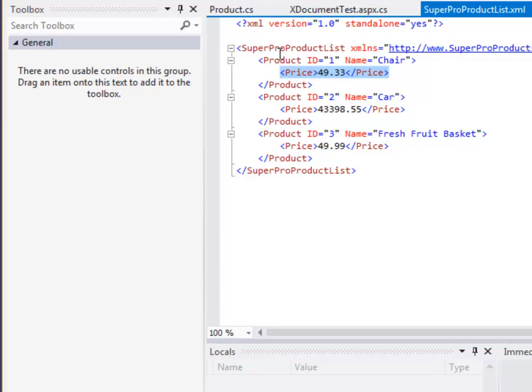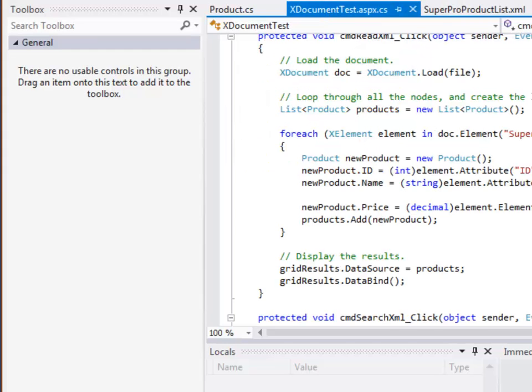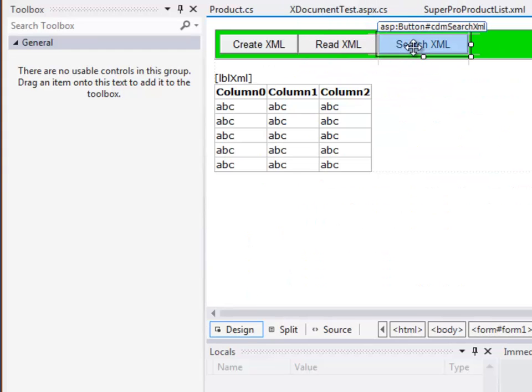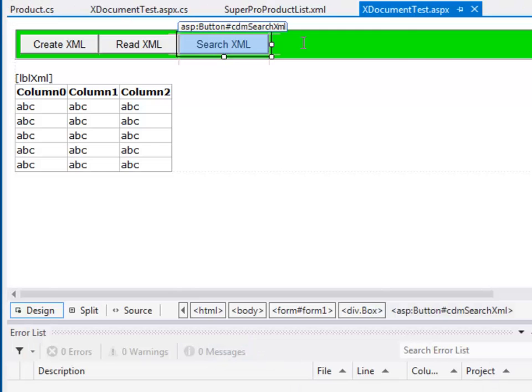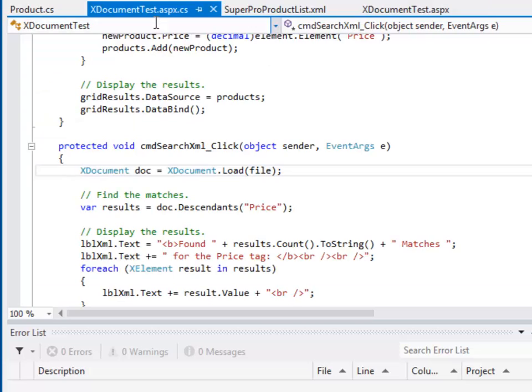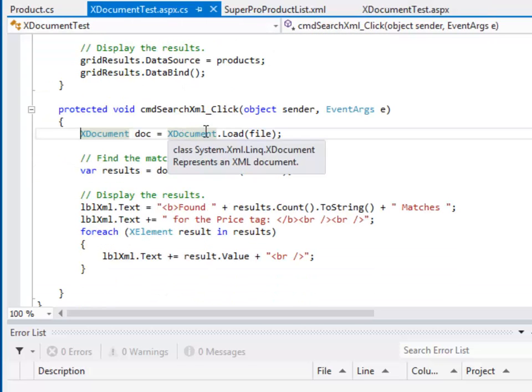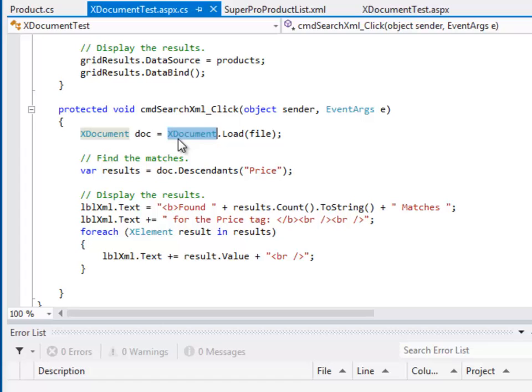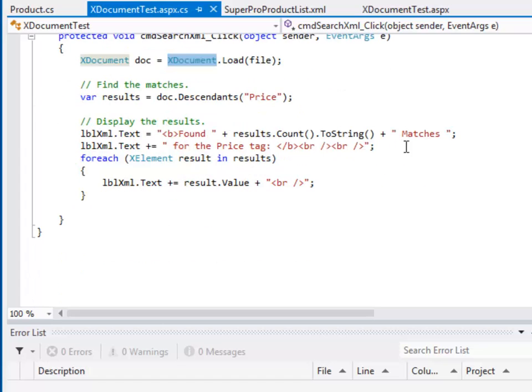We'll have weather XML data, and we'll want to just find the temperature data from it. So if we're going to do searching, let's do this search XML example. Oops, stop this from running. Go back, search XML. And again, that's the next code down here. We're creating an XDocument. We're loading in the file, our XML file. And now we're using this